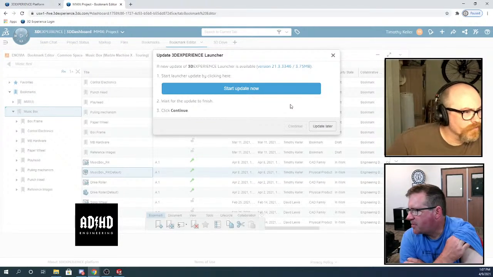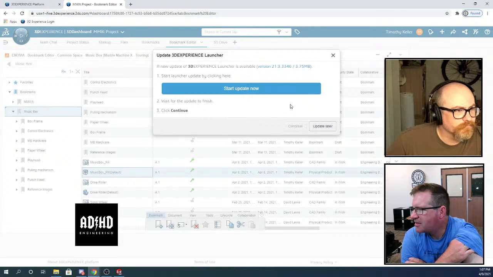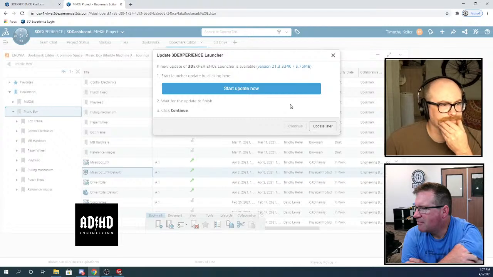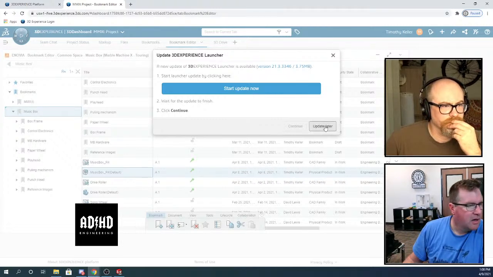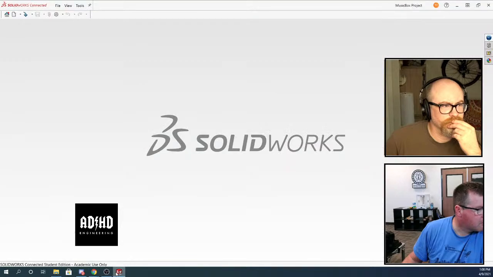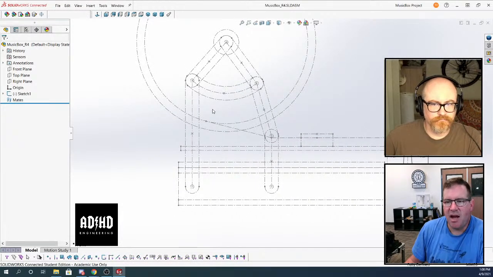Tom is saying the Wilson ping is in the CAD doc copy and paste command to ping enthusiast information. Okay, I'll figure that out later. Update later. So it should just show up in my SolidWorks. There it is. Yay!